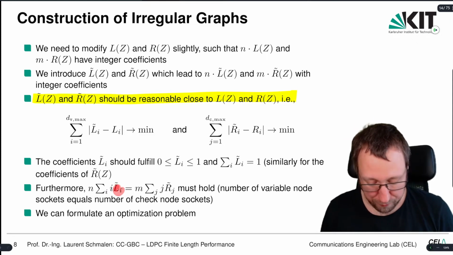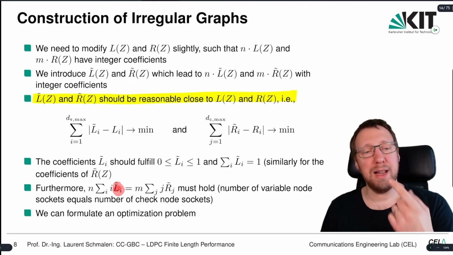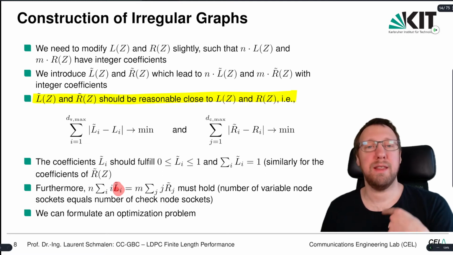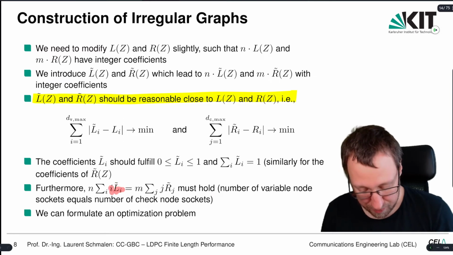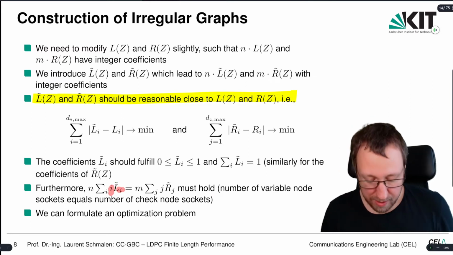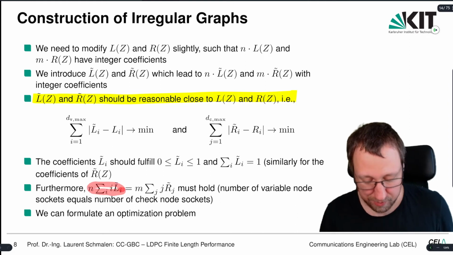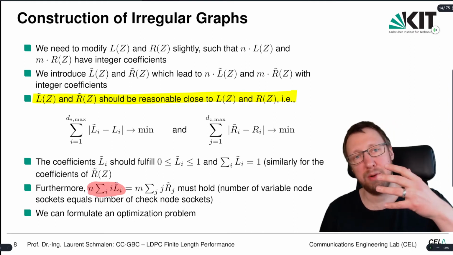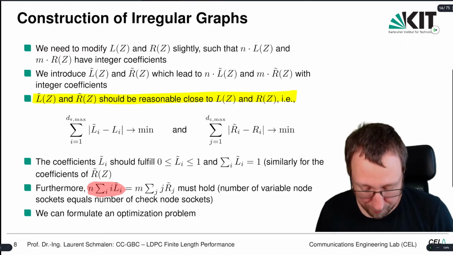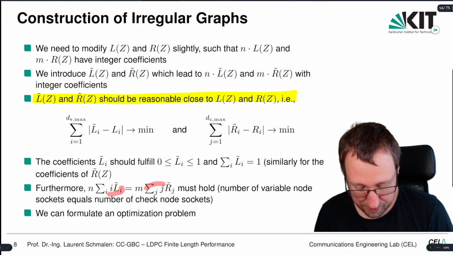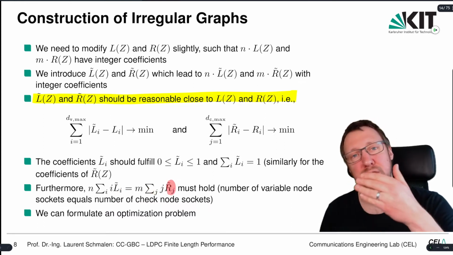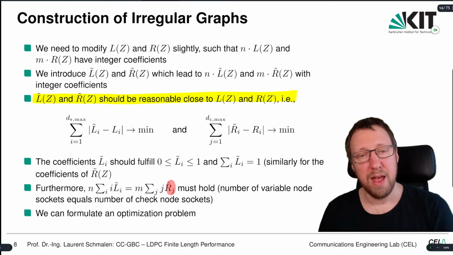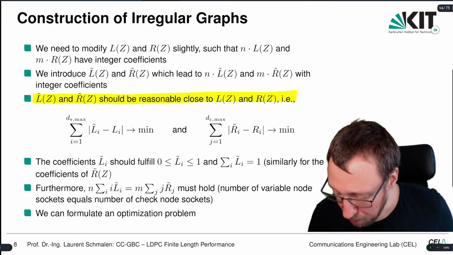So here's the fraction of variable nodes of degree I. We multiply by n, so that's the number of variable nodes of degree I, and each of them has I sockets. We multiply by I. So this is the number of sockets, or the number of edges from variable node side, and this is the number of edges from check node side. So it's the sum over j. R tilde j times m is the number of check nodes of degree j, and each of those has j sockets. So we have a couple of constraints,